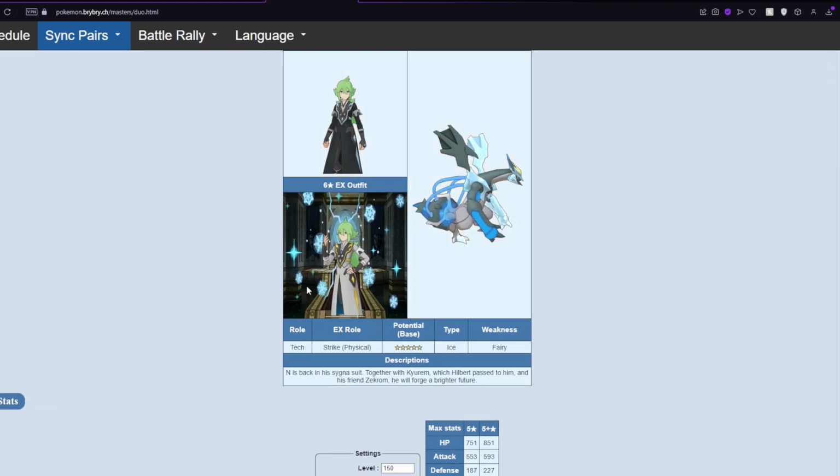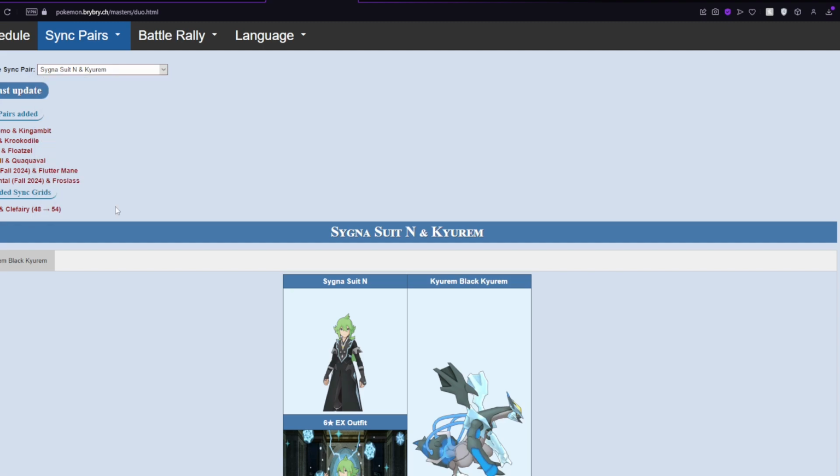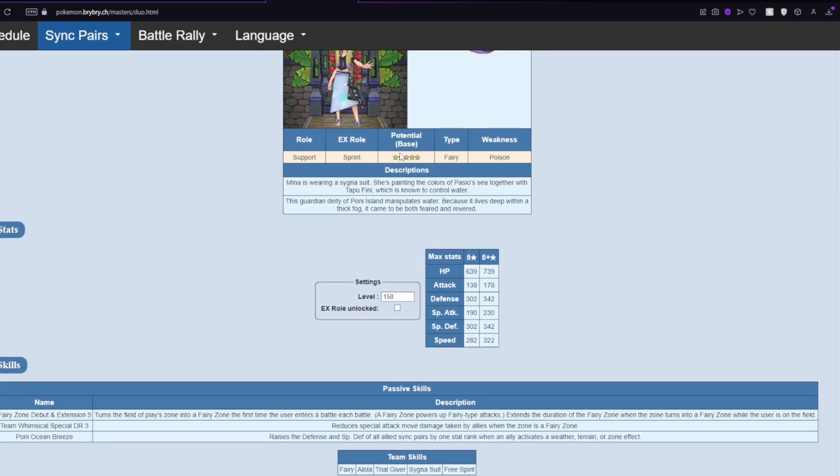This is probably the EX roll he wanted the most, so him getting that does help. That's nice. Okay, I guess we'll look at another one next. Cygnus Mina getting Sprint. I mean, she wasn't going to get Field, and she doesn't really need Field, so sure,